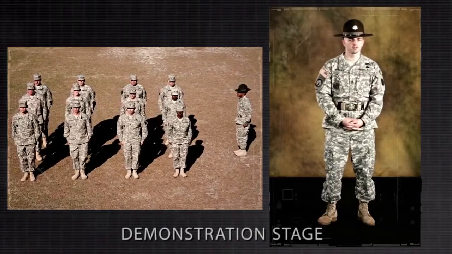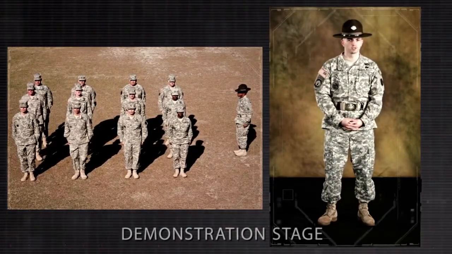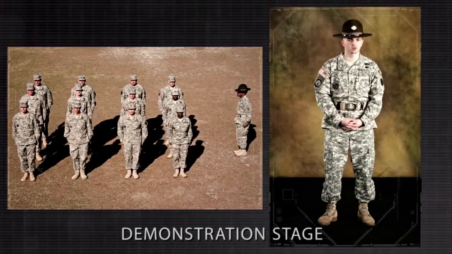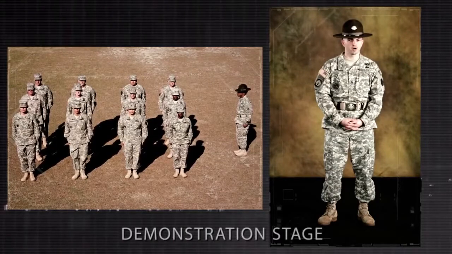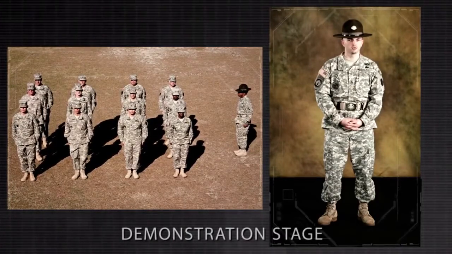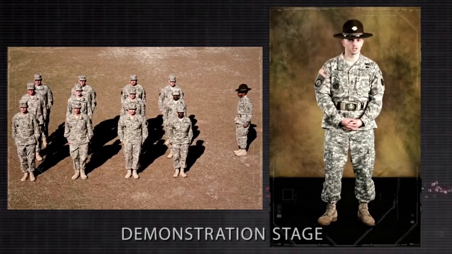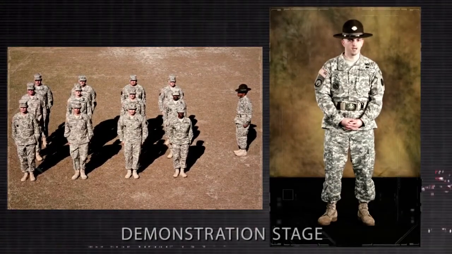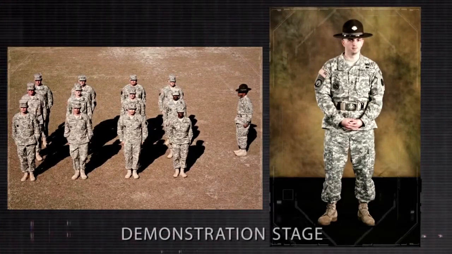I will use the step-by-step method of instruction. On the command of execution march of counter column march, the first squad marches forward 3 steps, executes a column right, marches across the front of the platoon, and executes another column right just beyond the 4th squad. The second squad steps forward 1 step, executes a column right, marches forward, executes another column right between the 3rd